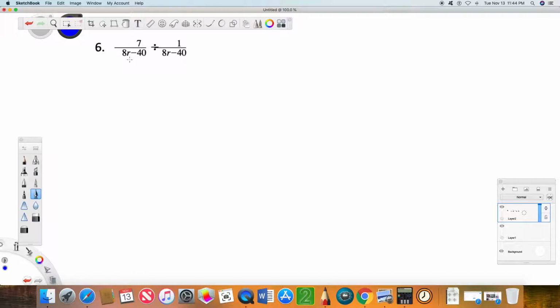Notice that both of our denominators here are the same. Let's come over and start off by factoring our denominator. I'm going to rewrite 40 as 8 times 5. And now if you look at both terms, it's easy to see that 8 is common to both terms. If I factor out that 8, then in the first term I'll have an r, and in the second term I'll have that 5, and of course it stays subtraction. So if we come back to our problem,